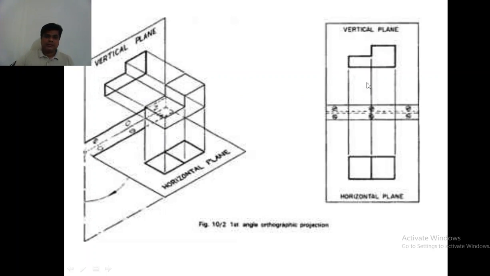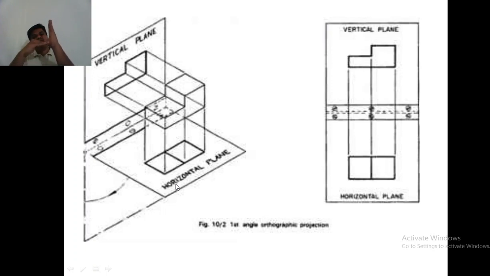sheet like this. Here we should draw one line. This line is nothing but the intersection line where the two planes intersect, the vertical plane and the horizontal plane, HP and VP. So that line you can draw here. Above this line, whatever is there is all vertical plane. And the horizontal plane, you have to bring it down and make it in line with the vertical plane.